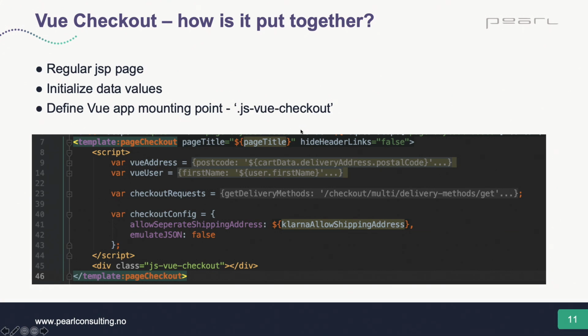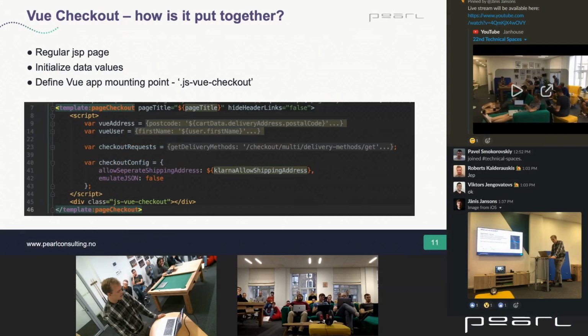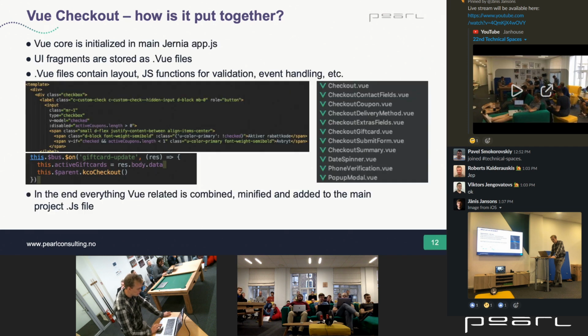Yeah, so how is it glued all together? It sits on a regular JSP page. We have here some initial data initialization, and we have the mounting point for the Vue application. Vue core is included in the main app.js of the whole Journey site, and the templates, called Vue files, are